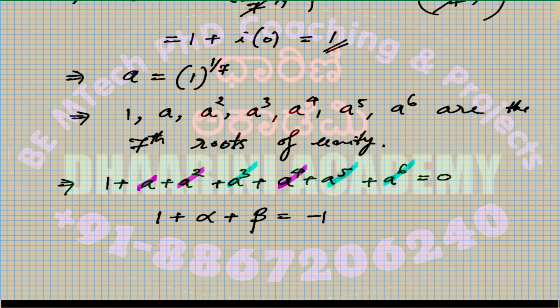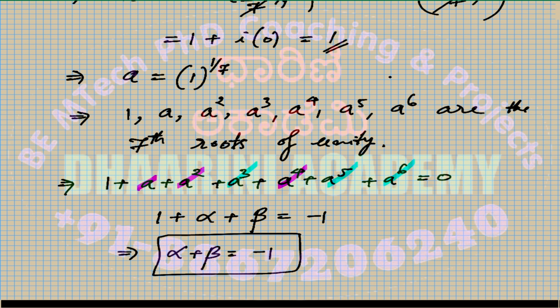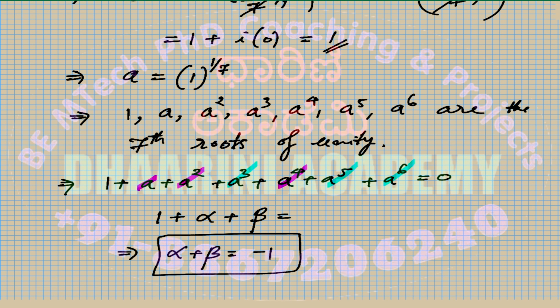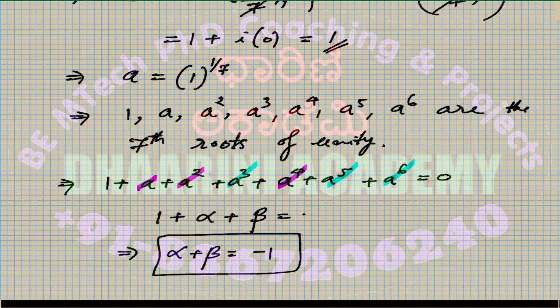So this implies, what is alpha plus beta? This implies alpha plus beta is equal to minus 1. Not minus 1, the right hand side is 0, sorry, my mistake. Please correct this. This is 0, but when I move the plus 1 to the other side, I am going to get the minus 1. Alright,